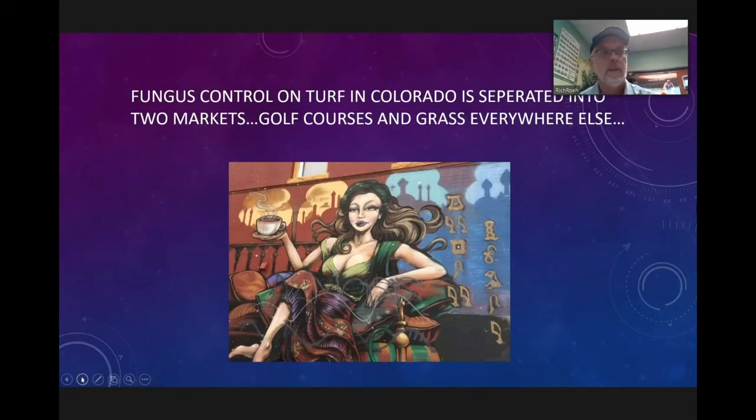All right, fungus. There are two types of fungus in Colorado that go on turf grass. The very few that go into home lawns and residential lawns, and then golf courses have their own set of fungal problems. I'm not going to cover golf courses today. There's a whole plethora of products that are labeled only for that, and that involves some different fertilization methodologies, some different grasses, and the wrong fungus can get you fired if you're a golf course